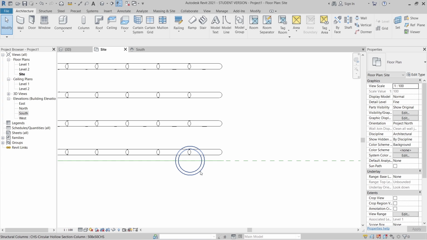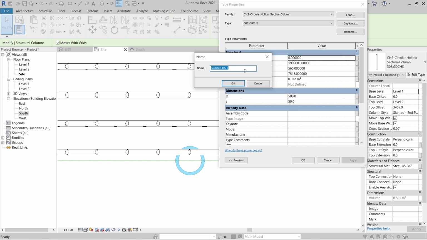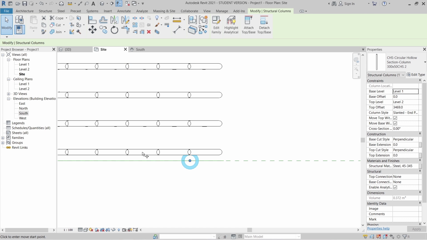You will see your column there, as you can see. Then I can go to my side plan again. Okay, I think too big already. I will edit type and duplicate, just make it for, let's say we make it for 300 and change here to 300.